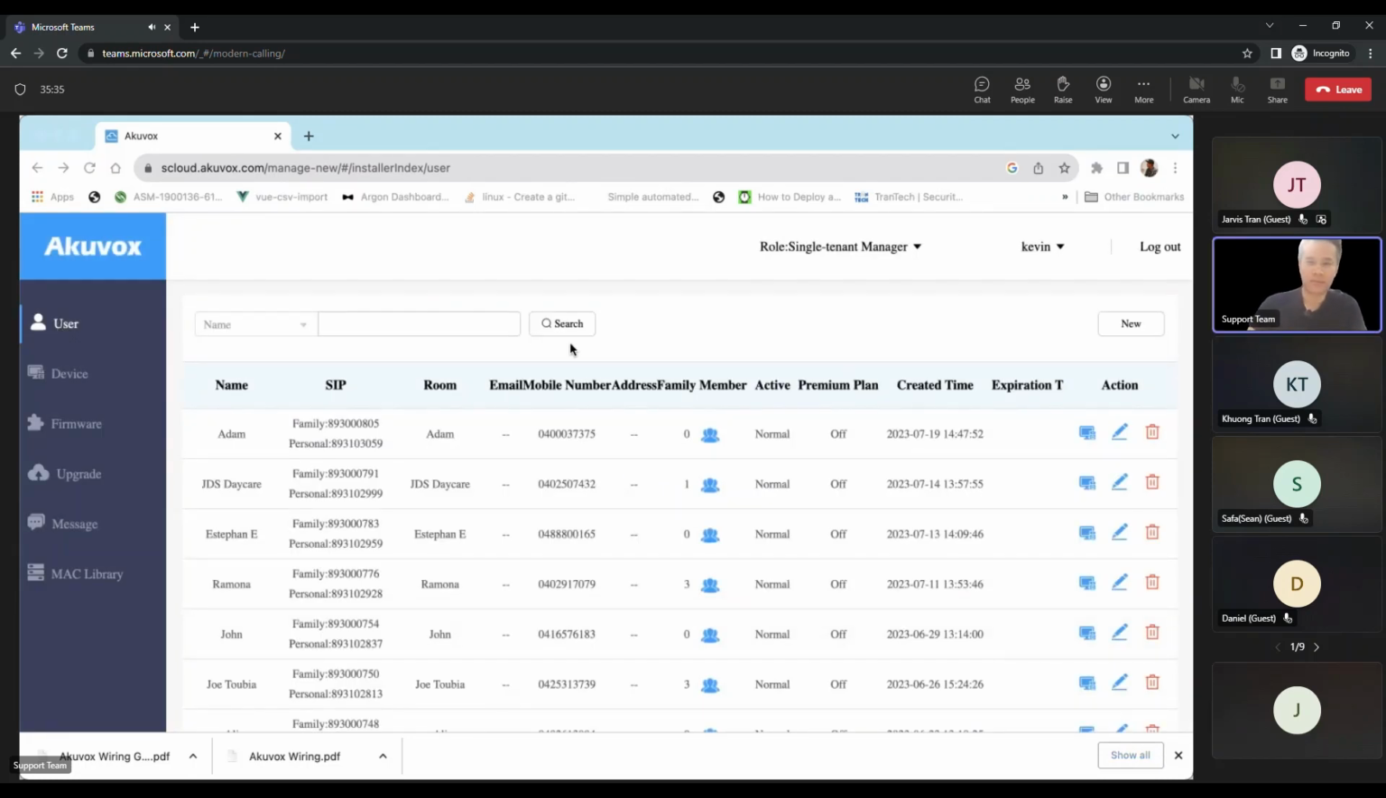All right, so that's the installer portal side of things. Again, from the portal, not only am I able to upgrade the firmware, I also have the ability to enable or disable any account I like. Give an example: